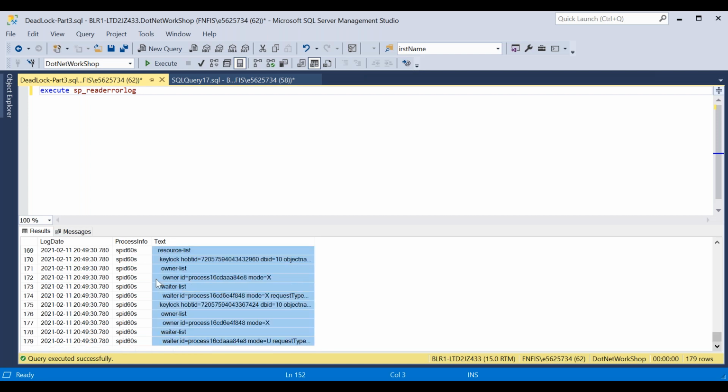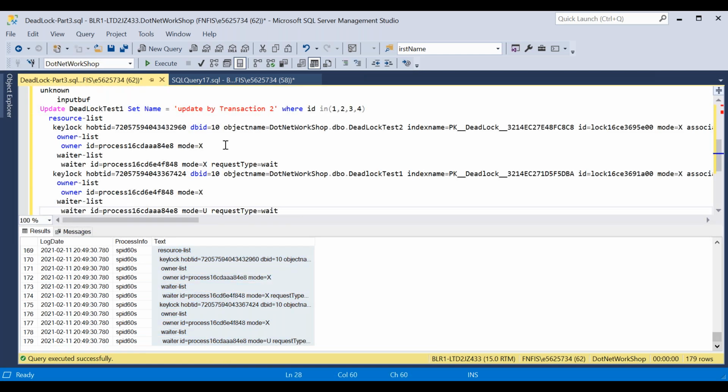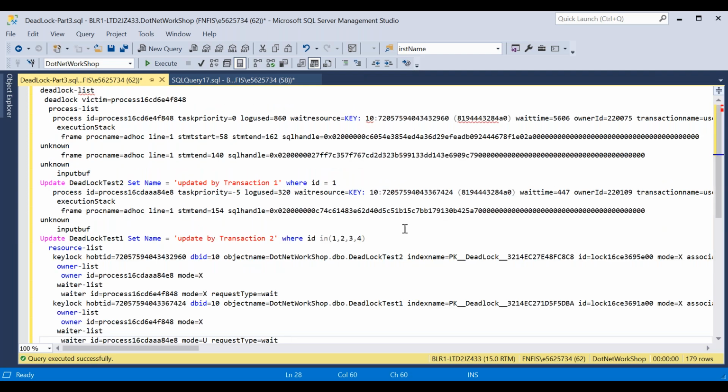So take this one out, copy this information and paste it in SQL Server or in Notepad, and then check where exactly we had the deadlock. This will give the information: what is the process ID, what statement we were executing when we got the deadlock. Everything it will give, to identify what the deadlock is and where exactly we got it. This research part I'm going to cover in the live sessions. But to capture the deadlock, as I told you, we have the DBCC command, which is trace on, trace off, trace status, where in the brackets we have to give the number 1222 to capture the errors or deadlocks in the database. This is the deadlock concept.